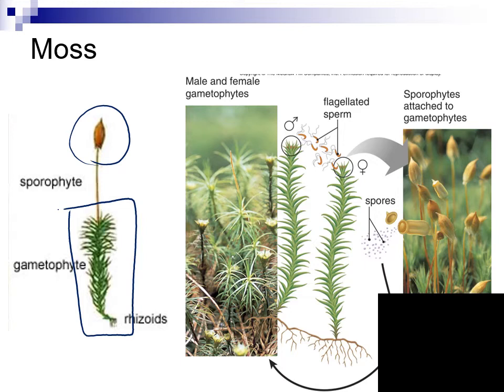Okay, so this diagram, much bigger than how big they get in real life, but it's nice for showing you the parts. So this one over here on the left, the green part, that's the gametophyte, and that's what you see growing most of the time. And the only time the sporophyte shows up is when it's ready to produce the spores. Okay, so it pops up, produces spores, and then it's gone, and that's why it's considered the non-dominant part of the